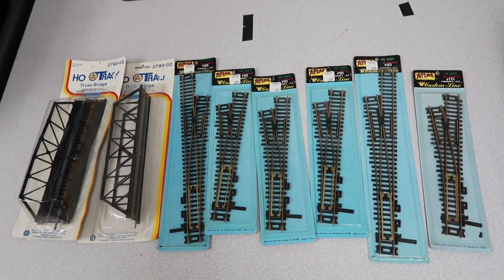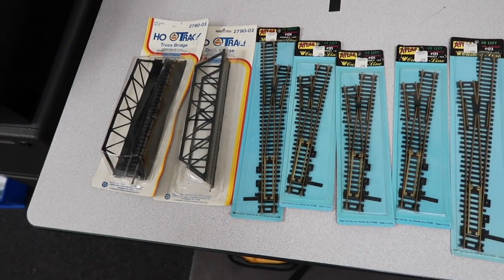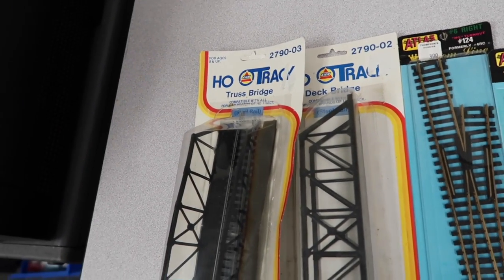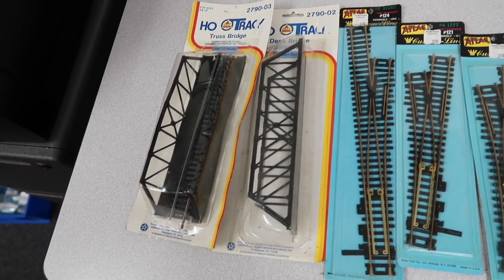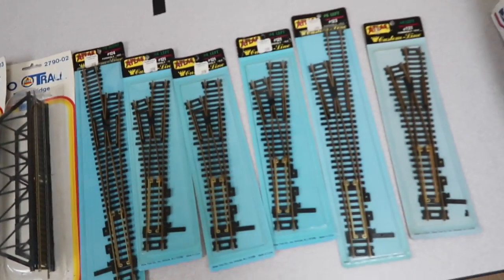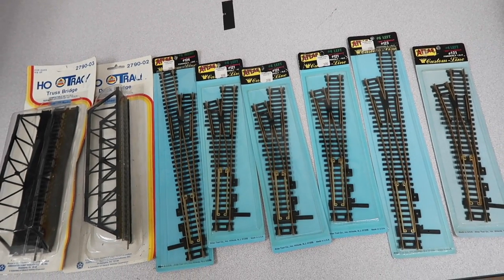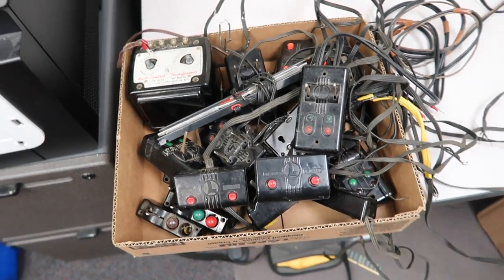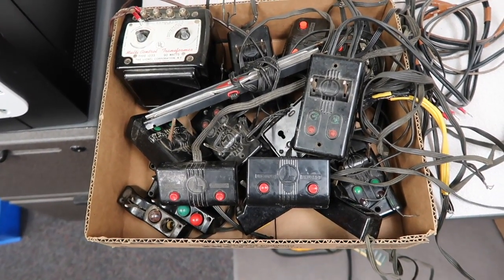Number 6 listing, Atlas switch tracks, 6 of them. Didn't notice until I listed it with these lots, but these are HO track AHMs. I probably should have put them with the other AHMs, truss bridge, deck bridge. Bridges, HO, $34.99 plus shipping. This is listing number 6. Oh, I think this is number 7. Let me check. Number 7, Lionel switch